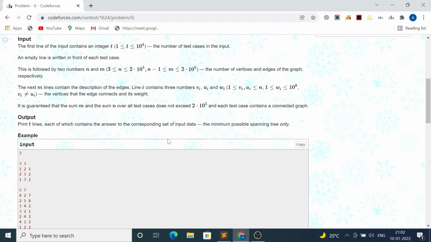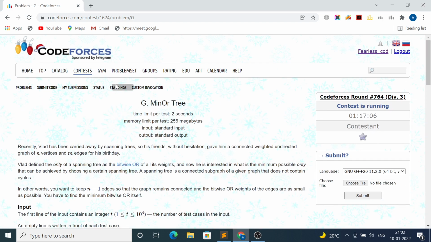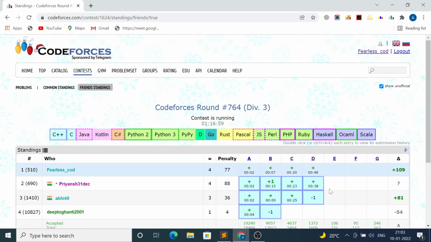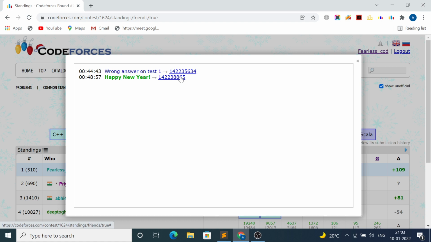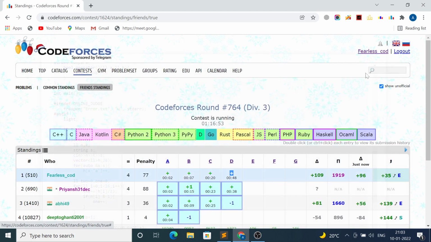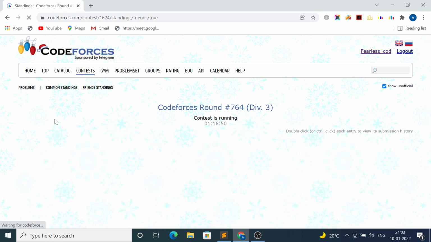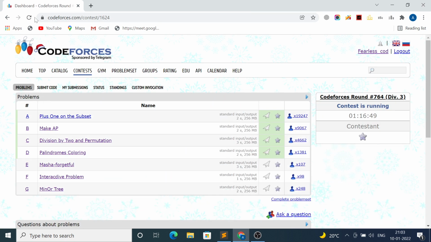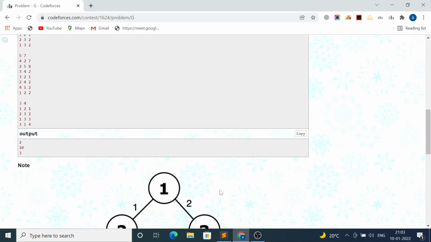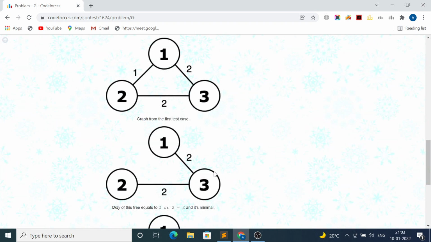Connected component, so it's a single connected component only. You want to keep n minus 1 edges, so in this case,